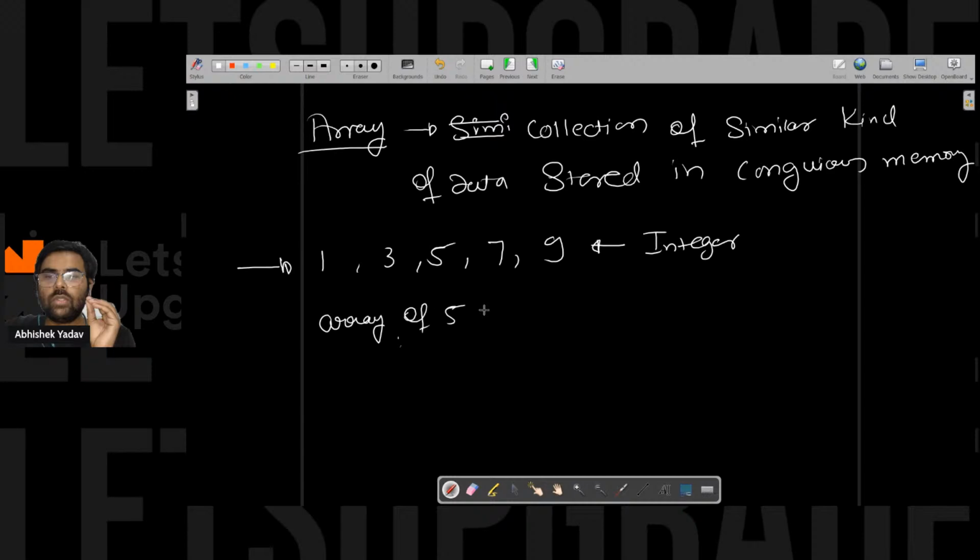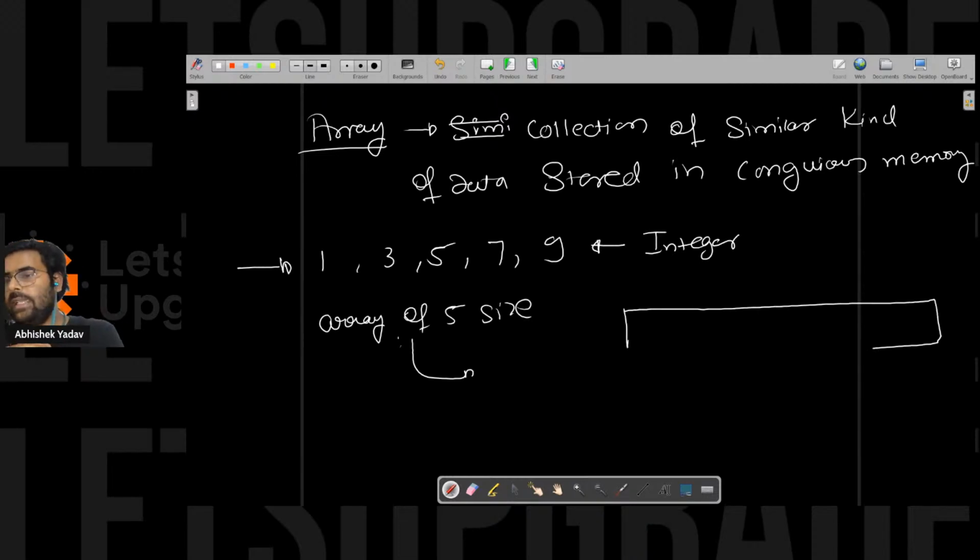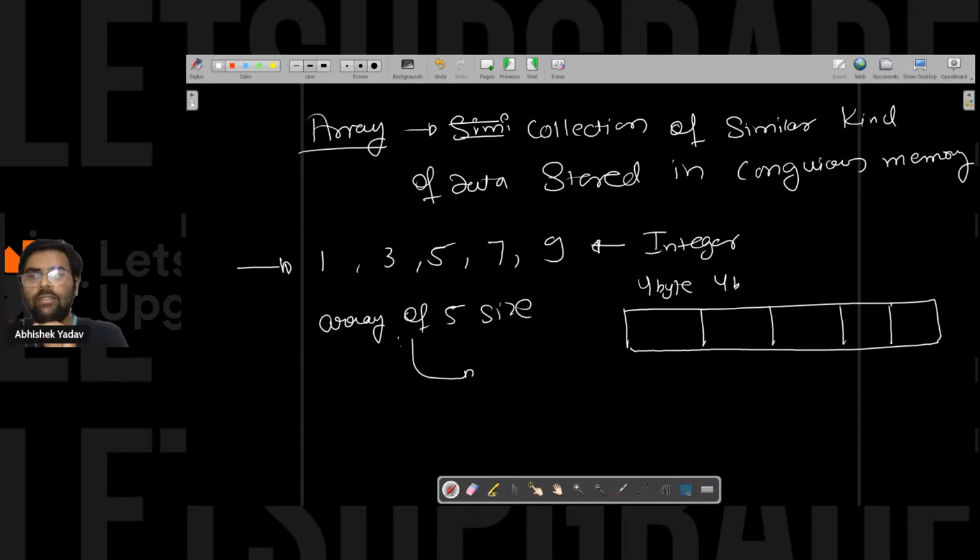And how will the memory get allocated behind the scene for an array? Like this. So here, 1, 2, 3, 4, and 5, right? Each memory block is of 4 bytes, because we are storing integer kind of data. This is 4 bytes, this is 4 bytes, this is 4 bytes, this is 4 bytes, and this is 4